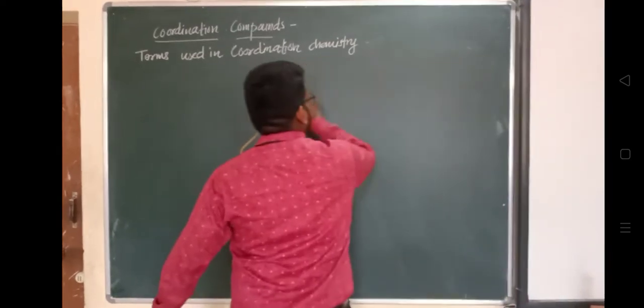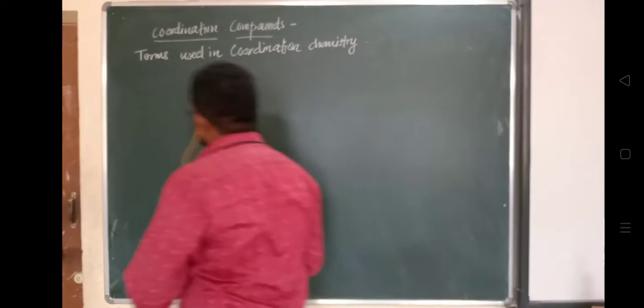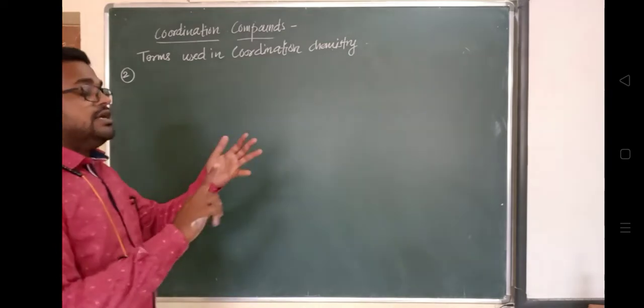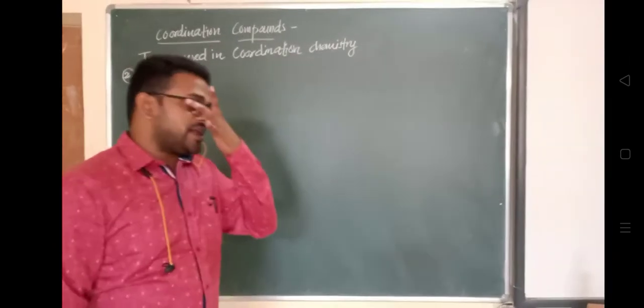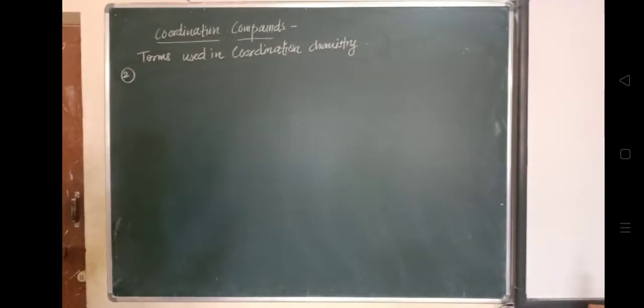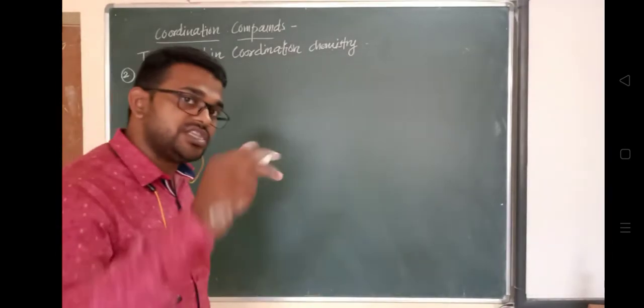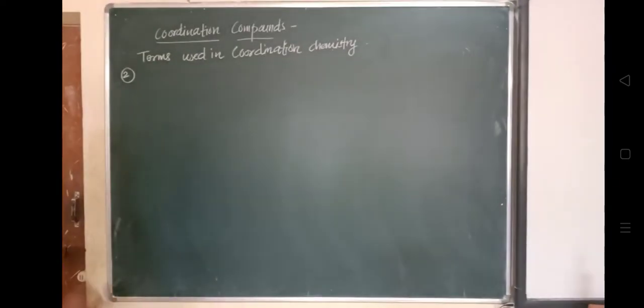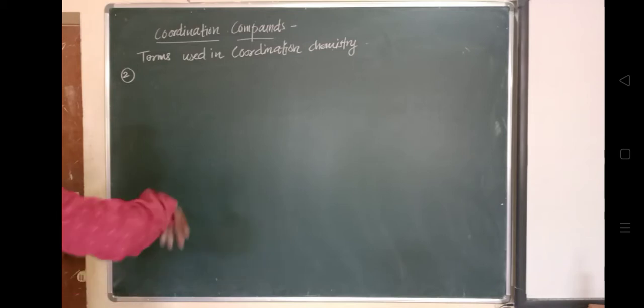Second one is charge number. How to calculate this charge number? We'll see the charge number of a complex. Complex we have seen. Complex ion क्या होता है, तो आपको पता है अभी. So charge number of a complex ion, आप देख सकते हो यहाँ पे. So that's why complex ion क्या है, counter ion क्या है, ये पता होना चाहिए. Otherwise, because these terms we are going to use further in this coordination chemistry.